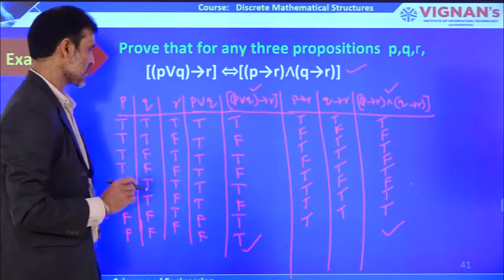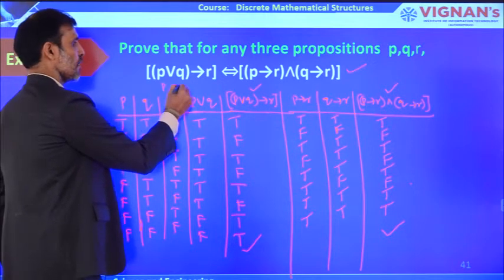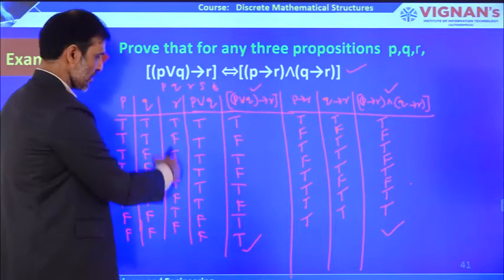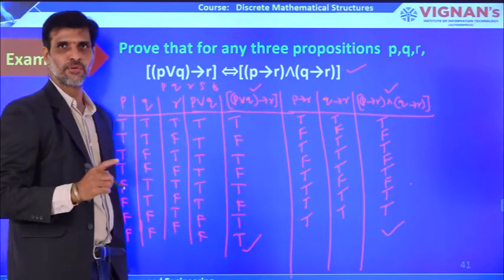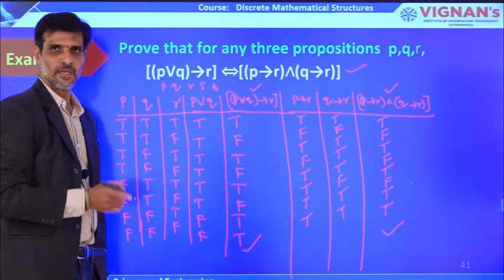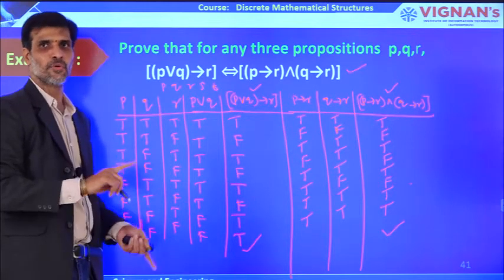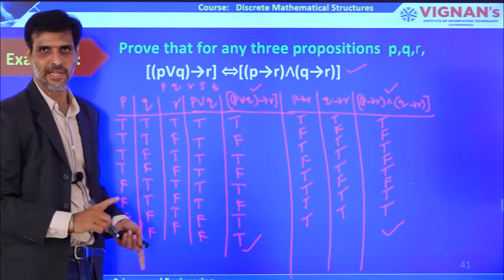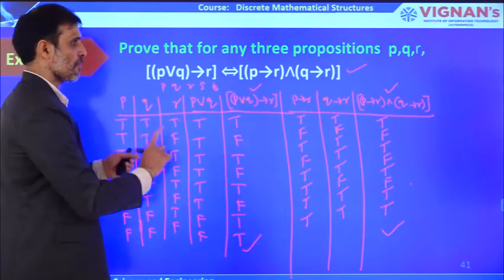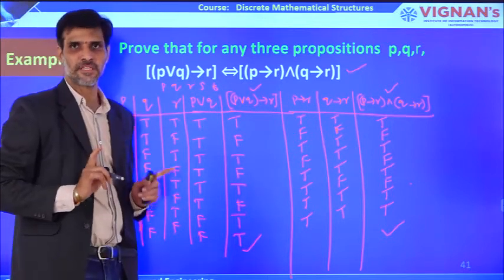But the difficulty is that here only three variables are there. Suppose I take P, Q, R, S, T. How many rows will you get here? 2 power 5 equals 32 rows. If you repeat any row, forget any truth value, or write true instead of false somewhere, then the entire truth table will go wrong and your problem will be wrong. So that is the main difficulty of constructing the truth table.